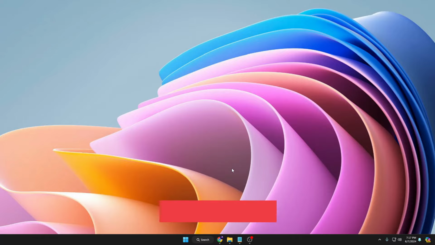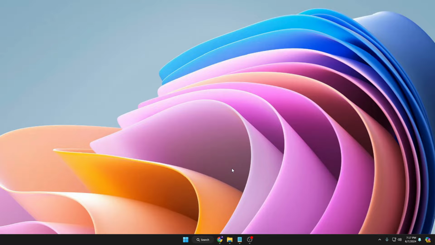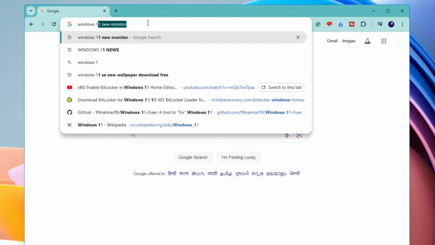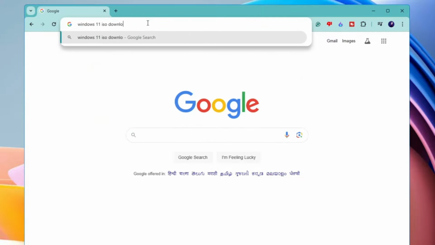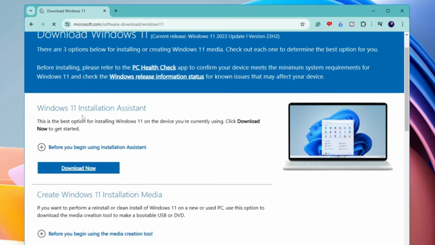Alright, so the very first thing that you need to do is download the Windows 10 or 11 ISO, whichever you want to create a custom ISO for. So bring up your browser and in the search you have to type Windows 11 ISO download. Now I'm doing this for Windows 11, but if you want to go with Windows 10, then you can search for Windows 10. Then you have to click on the first link of Microsoft, click on it, and here scroll